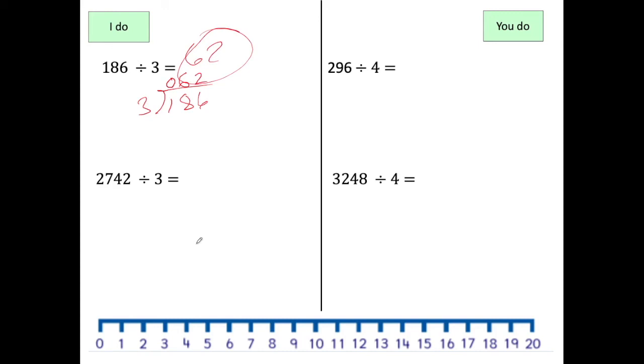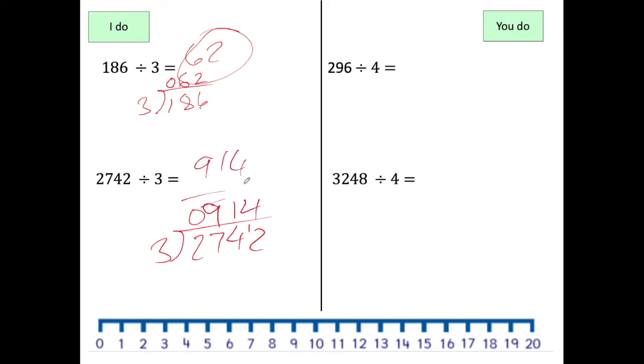Moving on to a 4-digit number, 2742. Divide that by 3. 3 going into 2 thousands doesn't go, so we're going to put a 0 down. Carry the 2 across. 3 going into 27. We know that to be 9. So we put the 9 down. 3 going into 4 goes once. Carry the 1 across. 3 going into 12 goes 4 times. So the answer should be